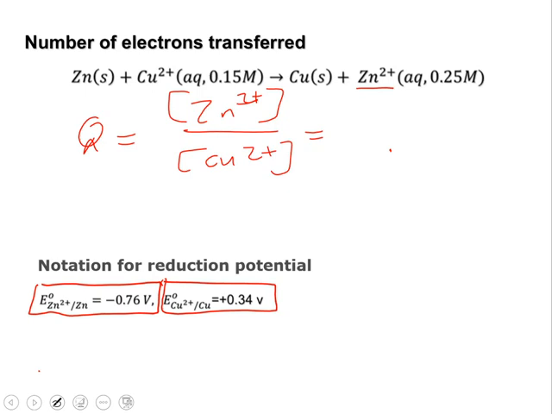Then from here we can substitute in the values. We know that the concentration of zinc 2 plus is 0.25, divided by the concentration of copper 2 plus, which is